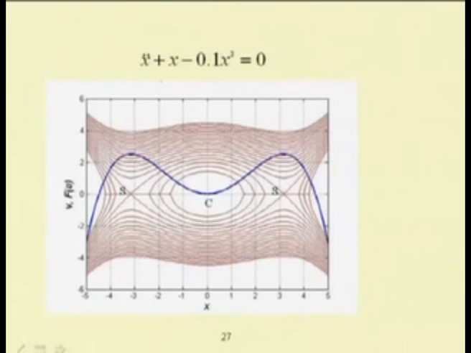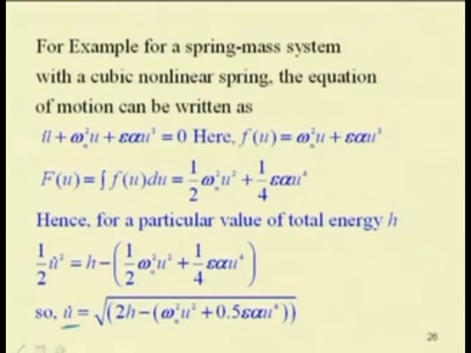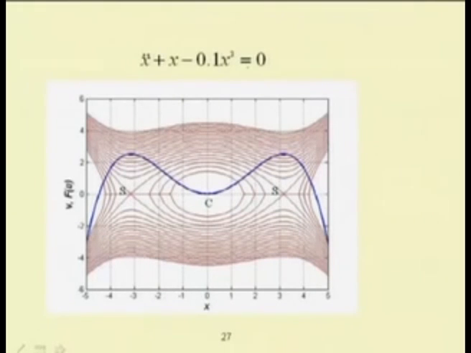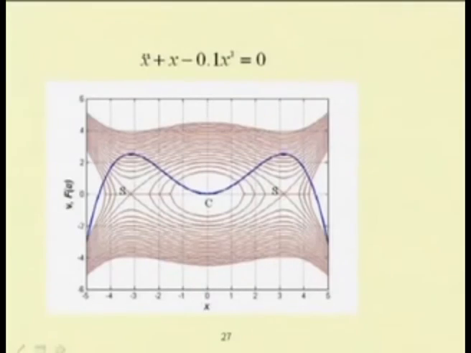So, either you can find this equation, this potential well, by using this equation, or you can find that by solving this differential equation by different numerical methods. For example, you can use the Runge-Kutta method to find the response of this system. In this case, this second order differential equation can be written in the form of two first order differential equations and can be solved to find x dot and x. And one can plot that response.